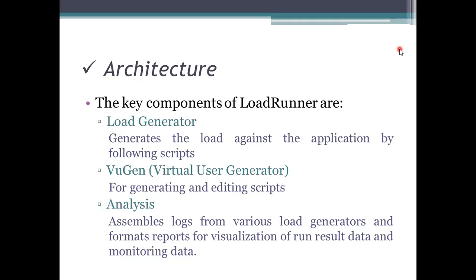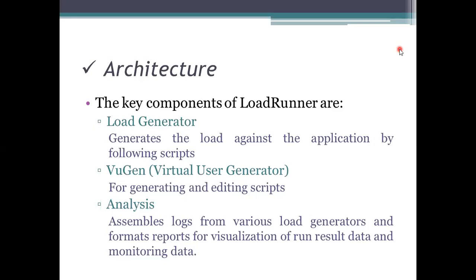So here we need to generate the load against the application, not with the application. Testing means proving that it will have bugs or extreme points that fail to execute. That's why we need to apply the load against the application.